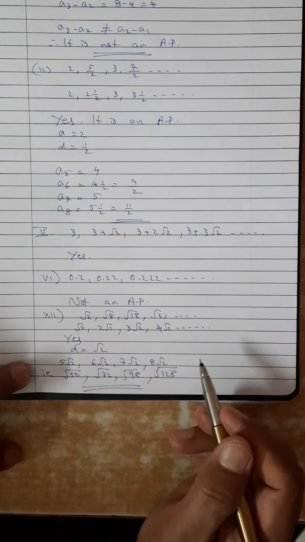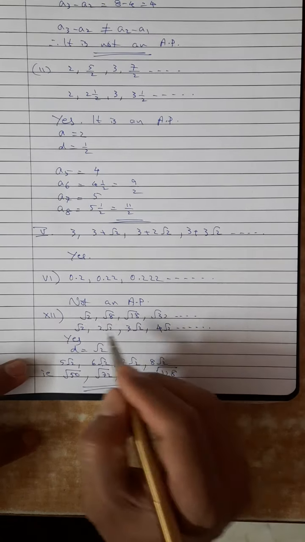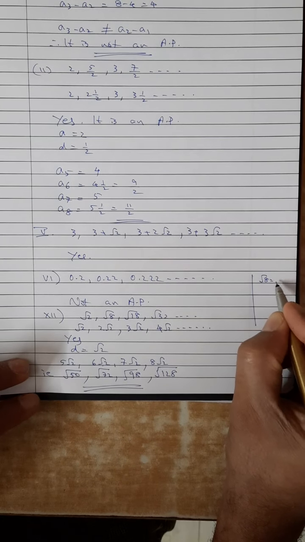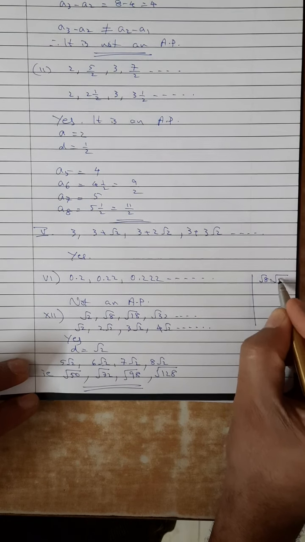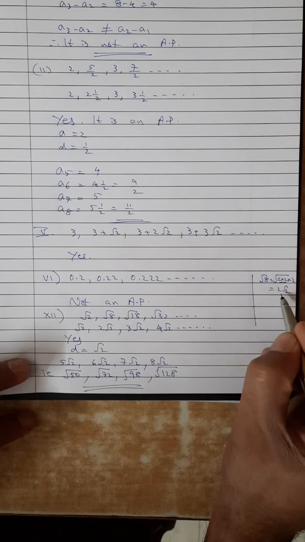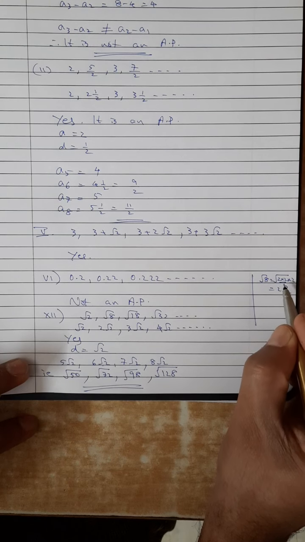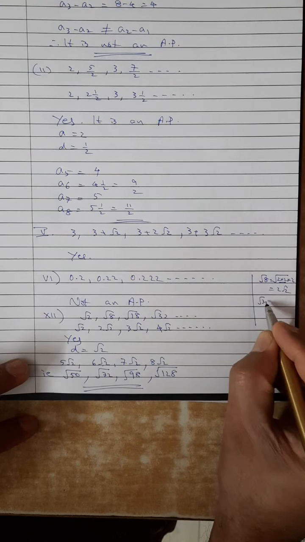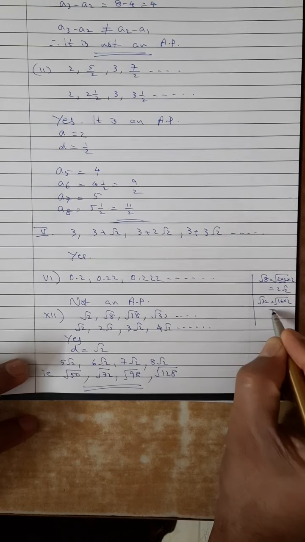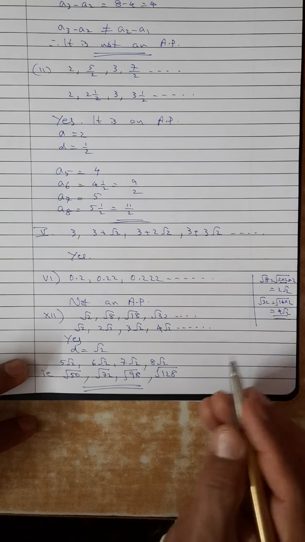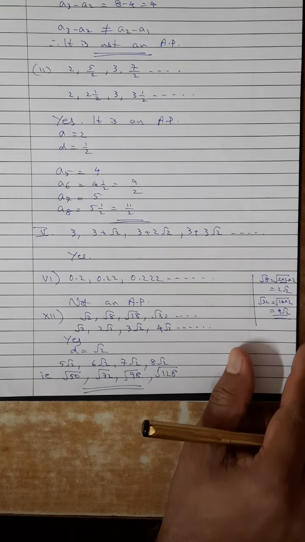So what is to be done? If some work is possible, we will do it, and then only we can conclude. Root 2, root 8. Root 8 means 4 into 2; 4 means 2 will go outside. Otherwise it is ordinary work, 2 is going outside, 2 root 2. We did this in lower classes, so now we can do it directly: 4 into 2, 8, and 4 means 2 goes outside. Root 32 is 16 into 2, 16 is a perfect square, so 4 root 2 directly we can write. Root 18 is 9 into 2, so 9 goes outside as a square root. Okay, one or two more.